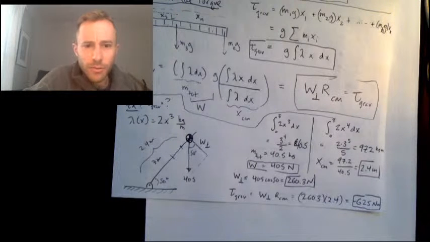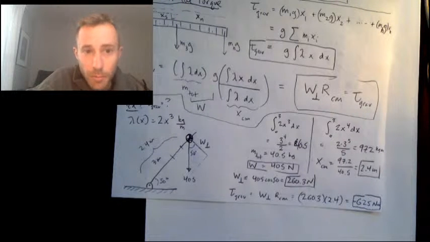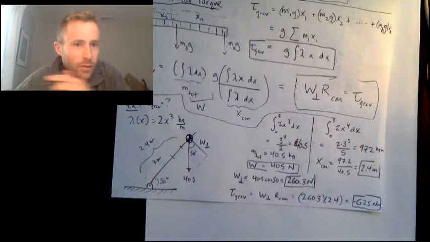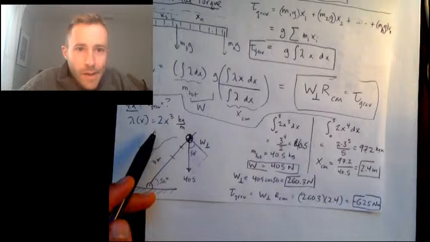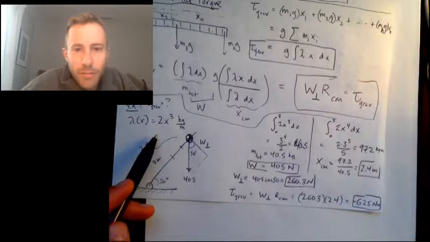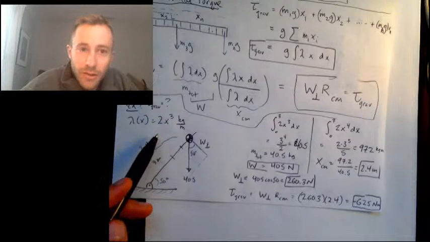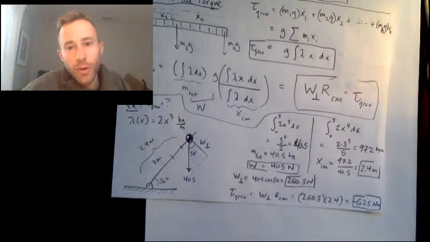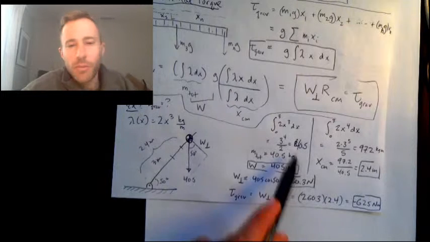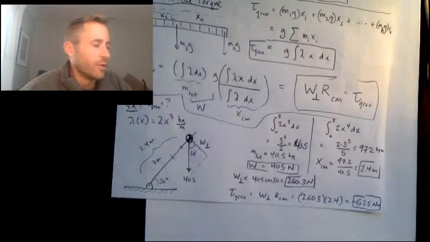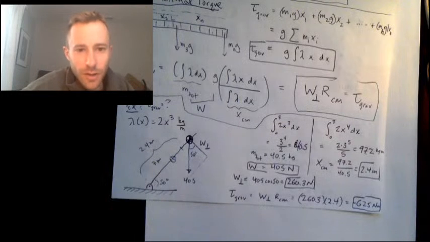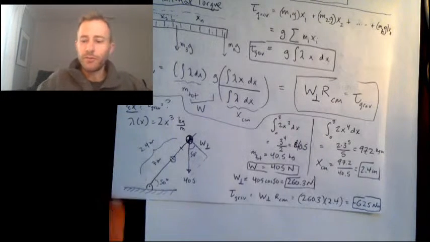One thing I want to talk about briefly is a uniform beam. Uniform means that lambda is constant, and in that case the center of mass is in the middle. If I had said this was a uniform beam of mass 40.5 kilograms, you would have put the center of mass right here, only 1.5 meters up the beam. So that is my lesson for today, and I will see you